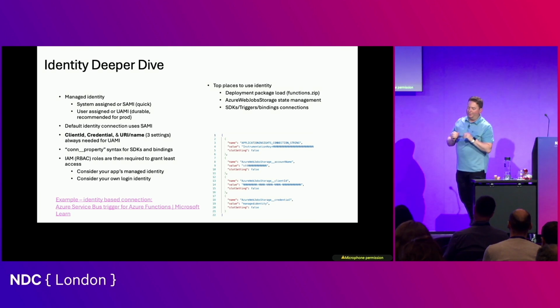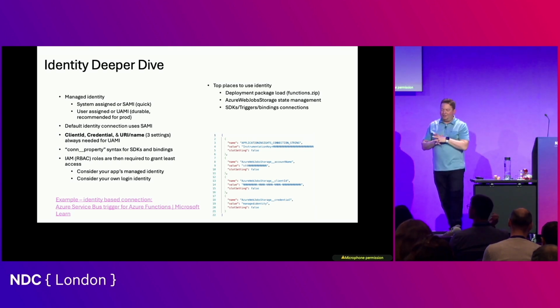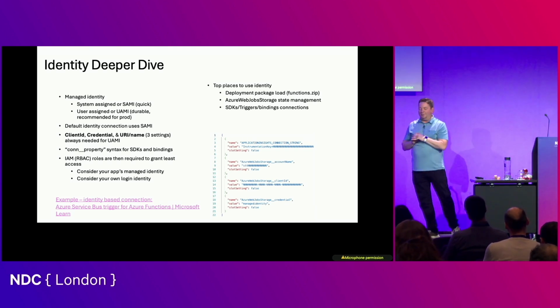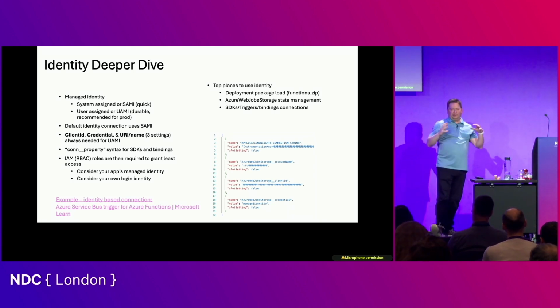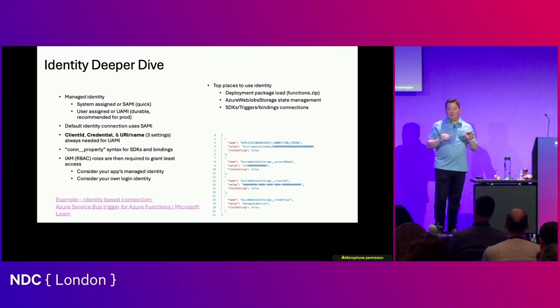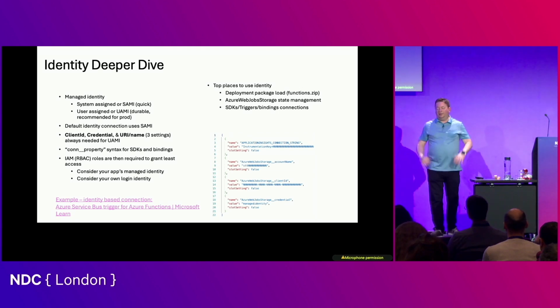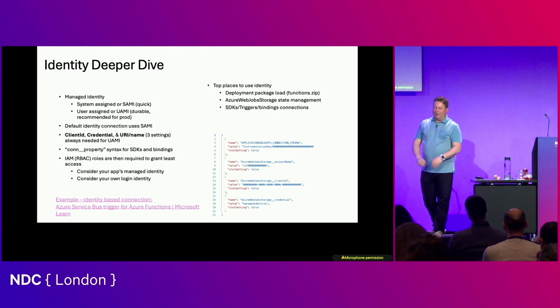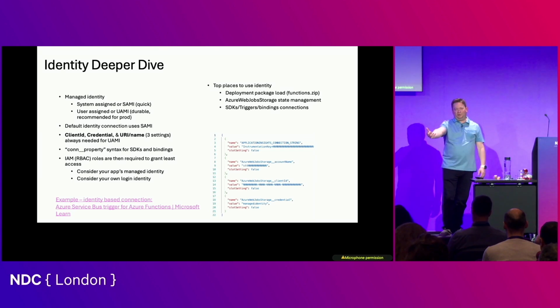A couple things to know, and this boggled my mind when I first started working on this. Every service has its own state management. Like take an Azure function. The way a function keeps track of cron jobs or the way that we're going to scale out multi-instances, there is a bit of state management. We know how many instances are out there. We know which instance is handling which event. It's the guts of the internal system. But that state management is usually backed by a storage account. And the runtime for a function or web app won't even start. It won't even boot if you don't have the identity set up right.